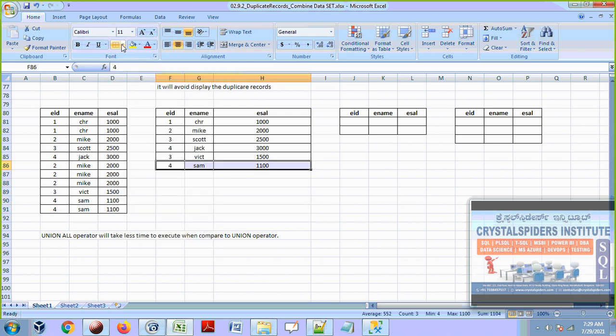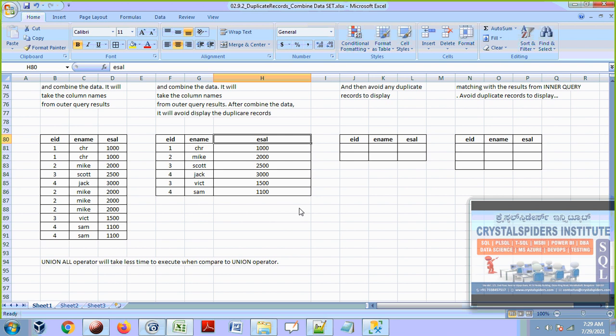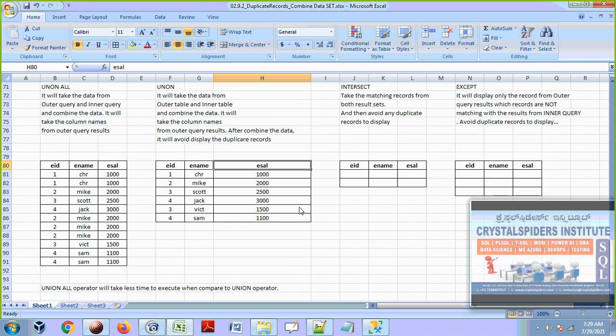So finally, this is the result from the union operator. I'm going to show that on the system, guys. Okay, don't worry. First we are understanding it conceptually, and then we can see it practically. But after this class, please go ahead and practice this. Definitely you can understand. So here you see the notes.